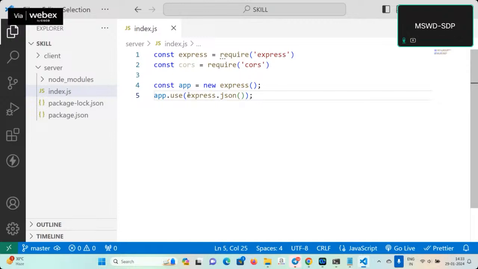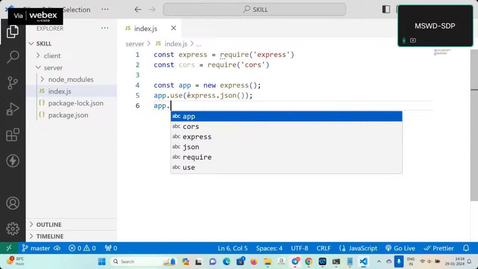We are working on the server side now. So the server will get the input from the client and respond back to the client. In which format can it get? Normally it will get in a string format. If you want to get the input and produce the output to the client in JSON format, then you have to use this. Then app.use